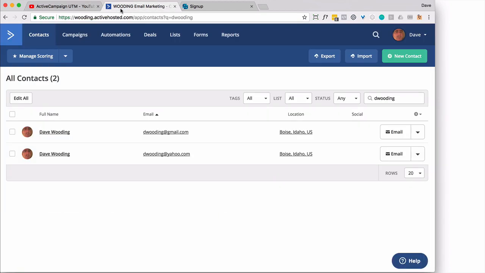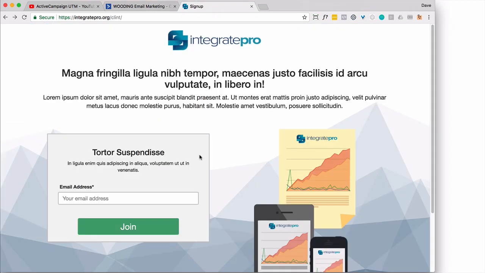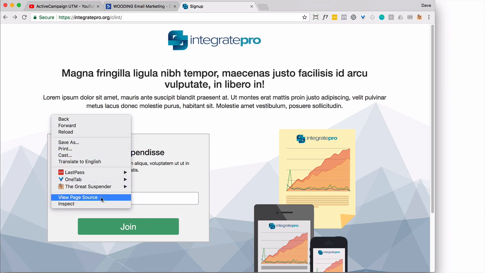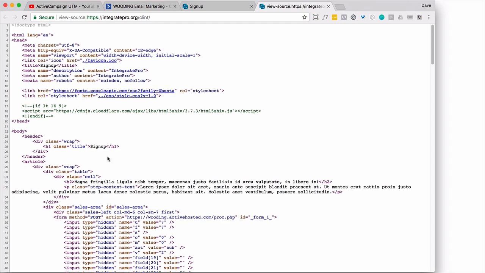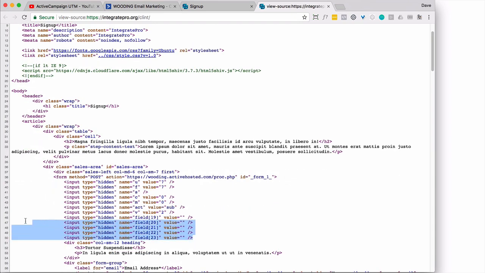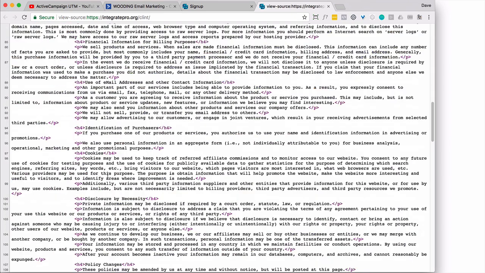But to start with, inside my ActiveCampaign account, I'm going to use my dwooding email address, and I've set up some custom fields, the UTM params. And on this page here, I've implemented the sign up form for ActiveCampaign, and I have a few hidden fields that correspond to my temporary UTM variables, and those are these right here. And then further down on the page,